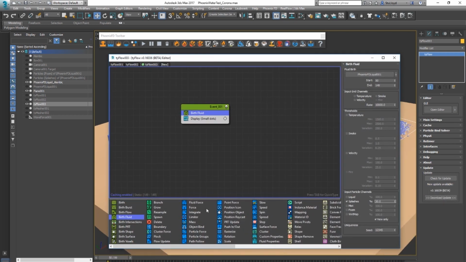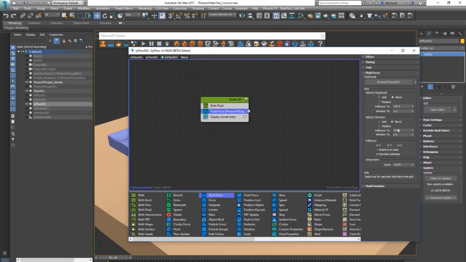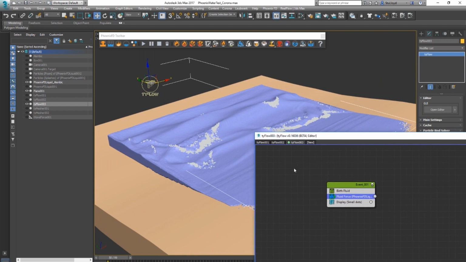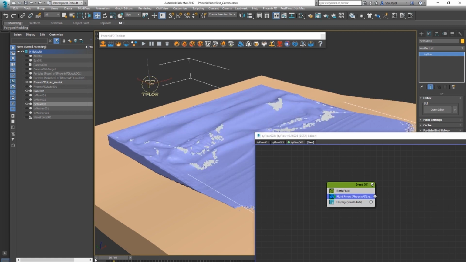So what we want to do there is add this fluid force. So chuck that underneath, and now we can do fluid. We can select the same fluid sim. Just leave all these alone. They work fine. And then we want to go down to the fluid particles and click splashes, because that's the one we want the force to follow. So now that we've set the fluid force to follow splashes, we've birthed them on the splashes, and we're following it. So now as you go through, the particles will follow the fluid force of the splashes,